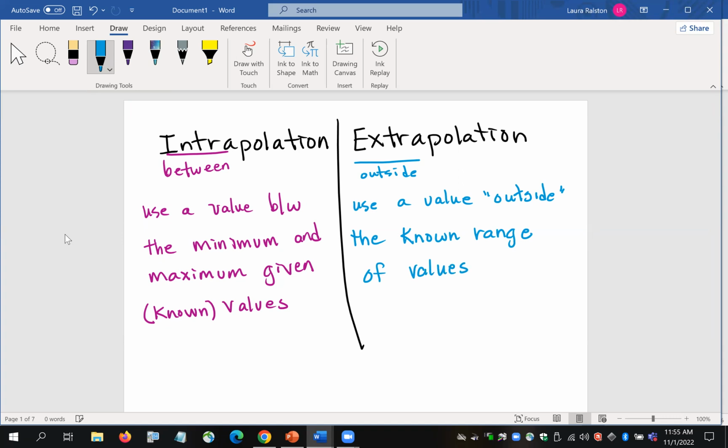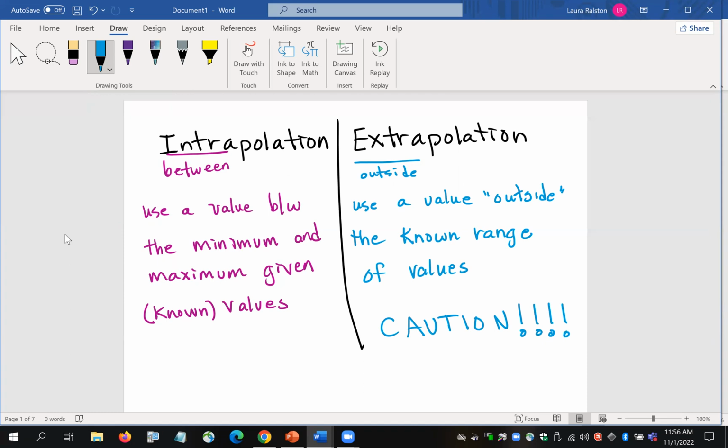So we pick a value that's maybe a little bit more than our high value or a little bit less than our lowest value. But with extrapolation, you have to be very, very careful,